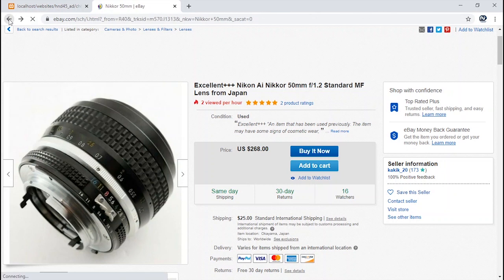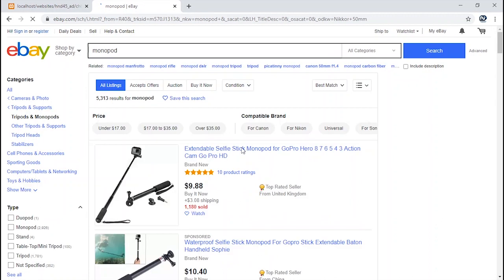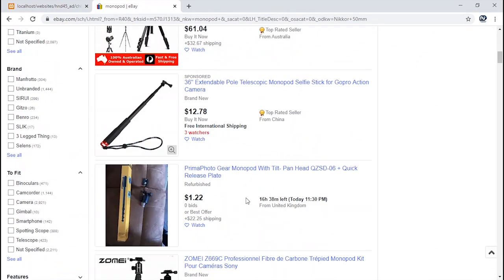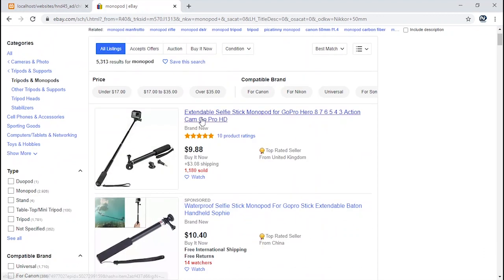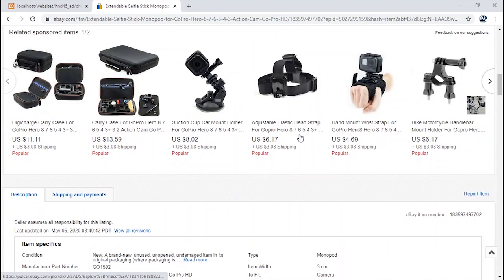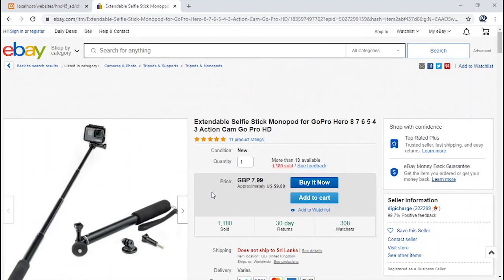Let's go and search a different type of product, right? Let's search for a monopod, right? So if you're interested in a particular product, let's say we like this particular product here, we'll click on this one. What would happen is it will send that information to the server backend, and it draws the information back, and full information is visible over here. All this information is coming, and what you're doing is you are just clicking on a link. That's all what you're doing.